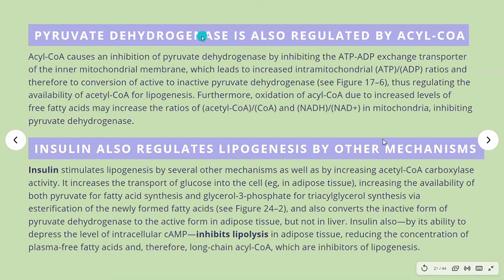Pyruvate to acetyl-CoA. Very good. So this is inside the mitochondrion, and whenever pyruvate comes into the mitochondrion, it is converted by the pyruvate dehydrogenase complex to become acetyl-CoA, which is fed into the citric acid cycle. But once there is plenty of acetyl-CoA, although it will react with oxaloacetate to form citrate, that citrate goes out